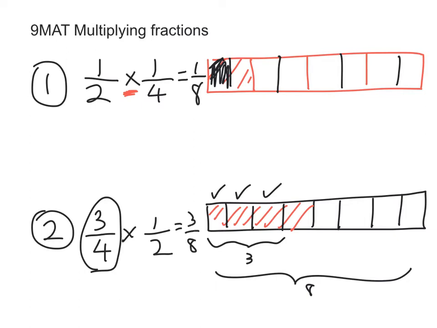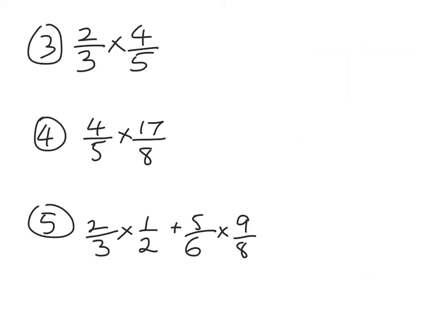So you're probably already seeing the simple way that we can multiply fractions together. And that is that we multiply the numerator and we multiply the denominator. So multiplication of fractions is a really easy operation. On the next slide, there are 3 for you to practice. Okay, so try and do those in your book, and I'll go pause the video and then I'll go through them. Okay, so question 3, 2/3 of 4/5 is